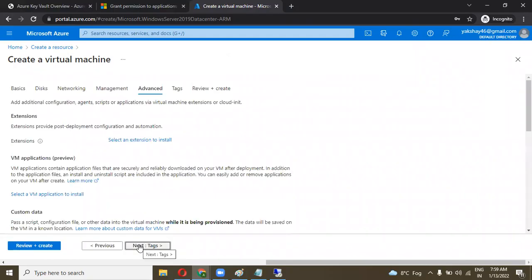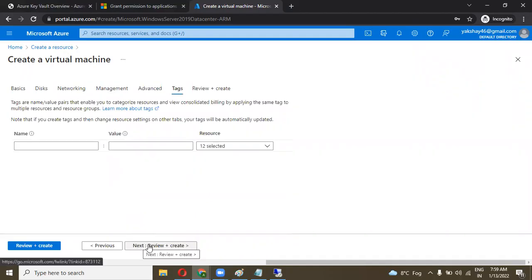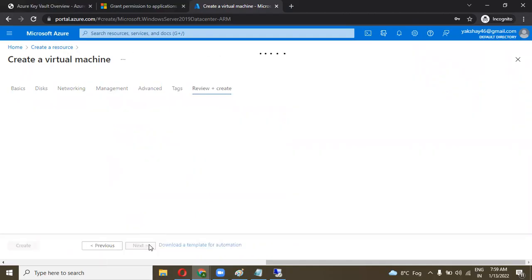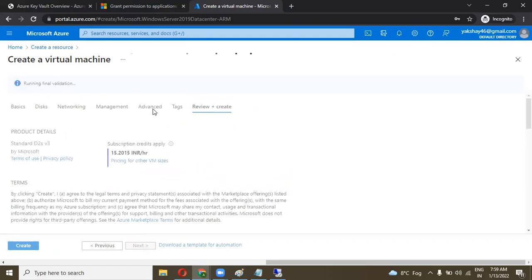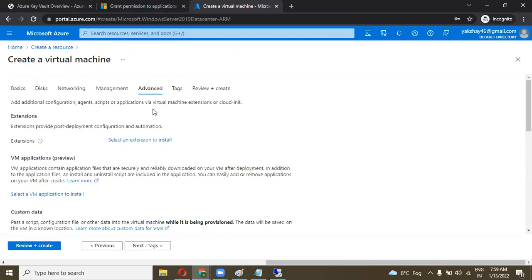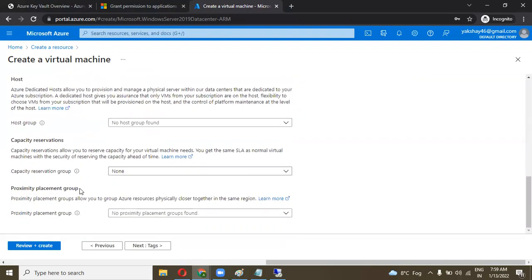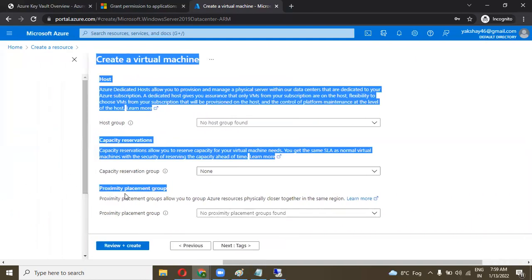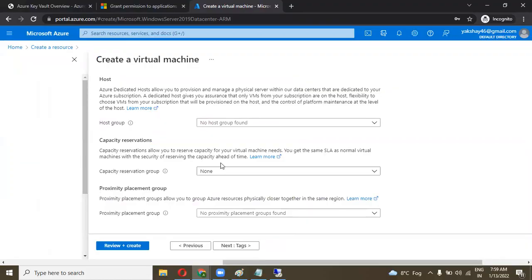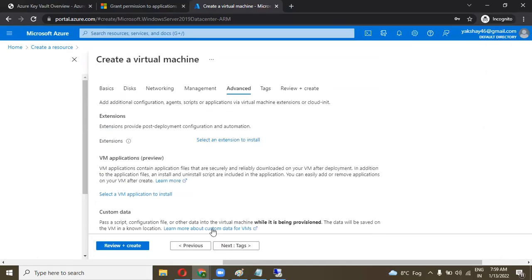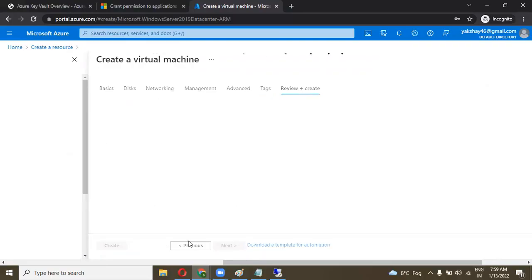Go to the next section and next. In the advanced section, you can see proximity placement group. We will discuss this in this session. Let's go to the next tab, review and create.